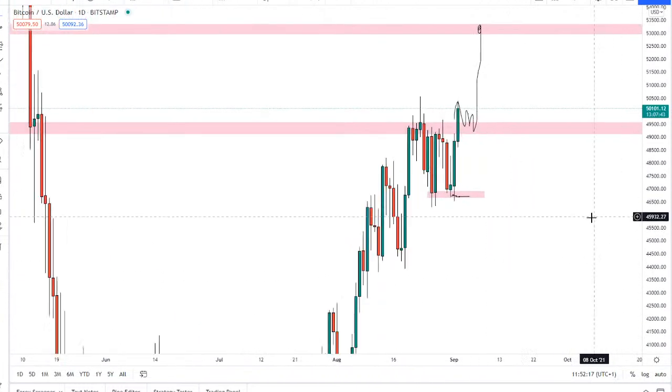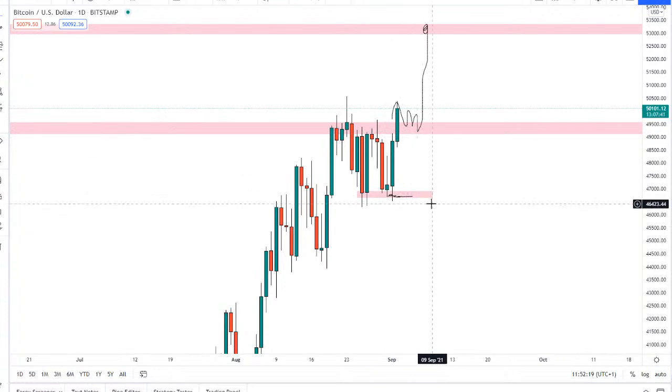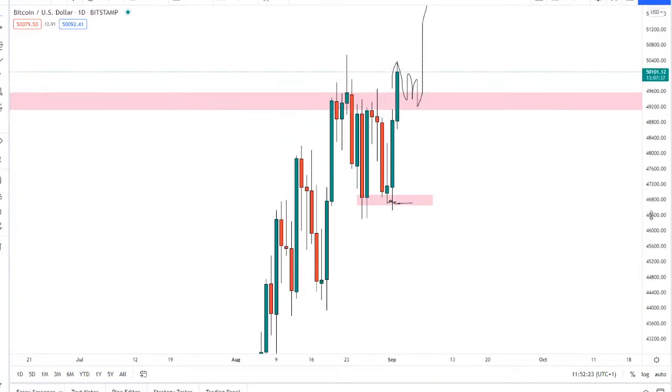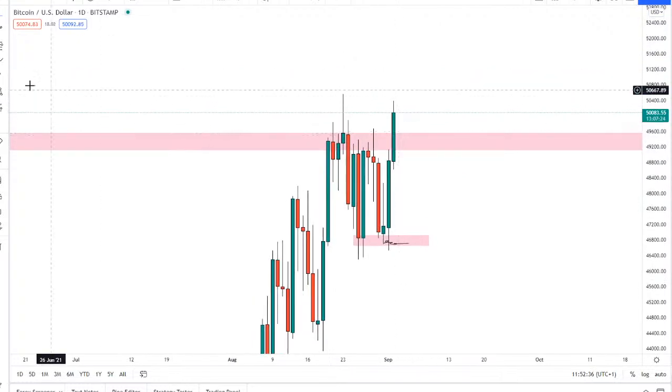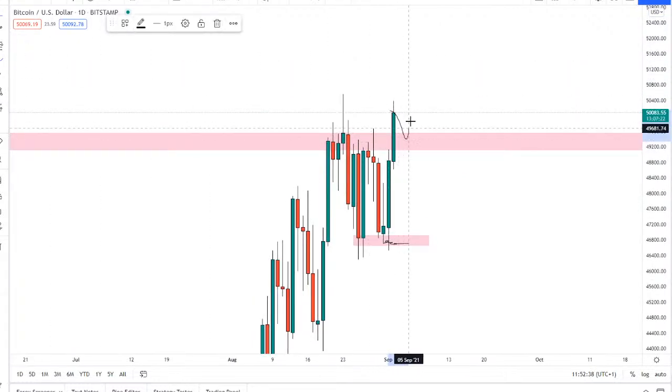It might be nice to wait for a daily candle closure above this, because we still got 13 hours left before that candle closes there on the daily. And within that 13 hours, we've got a lot of trading, and we could pull back down below this area, and we do have some news coming out as well. So probably wait for the daily candle close above that, and then on tomorrow wait for that retest,